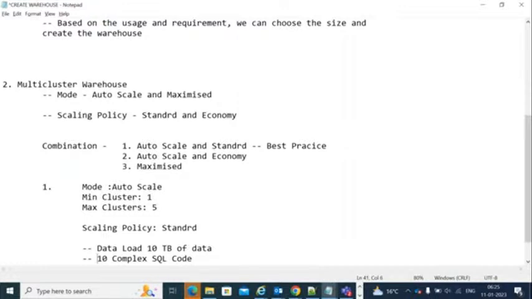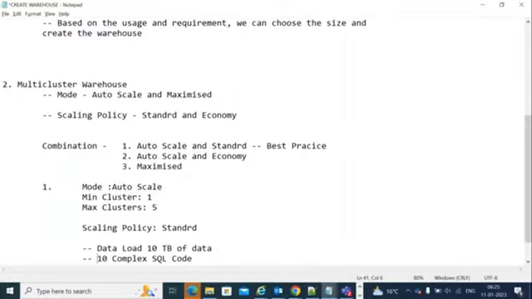Suppose the user named XYZ has submitted around 3 queries, the user ABC has submitted 4 queries, and another user has submitted 3 queries. So multiple users are submitting to Snowflake to execute their queries. Totally, we have 10 queries in the